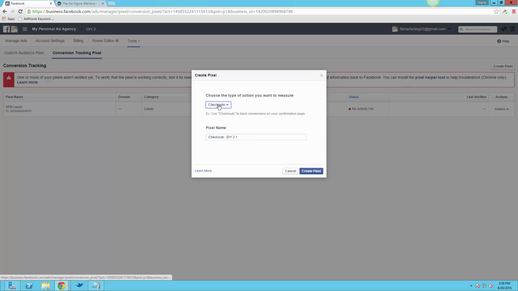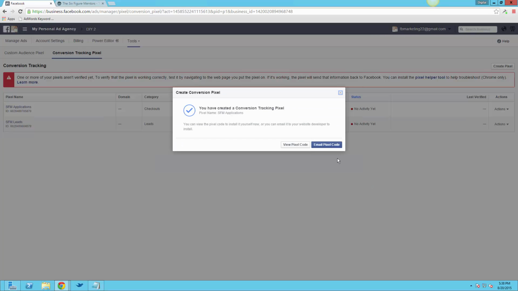This one's going to be, you could use checkouts. This doesn't really matter, if registrations makes more sense to you for a sale, it doesn't matter. This will matter when we start looking at reports because it's going to put it under these categories. So whatever one works for you best when you think about sales. For me, it's checkouts because when you check out, you buy something. So I'm going to do SFM applications. For this one, again, create the pixel, grab my code,